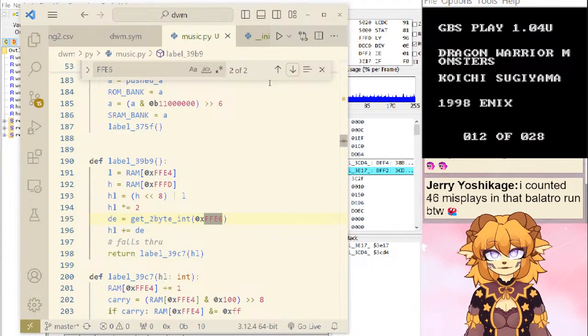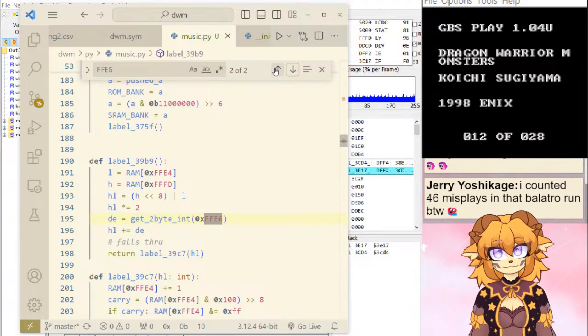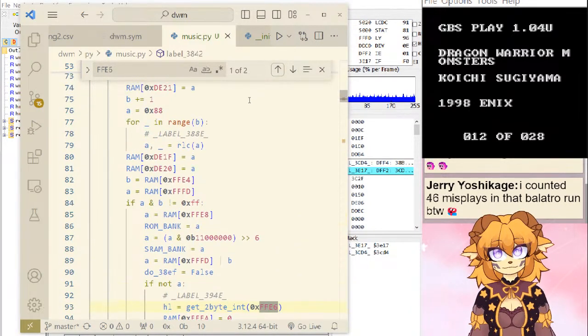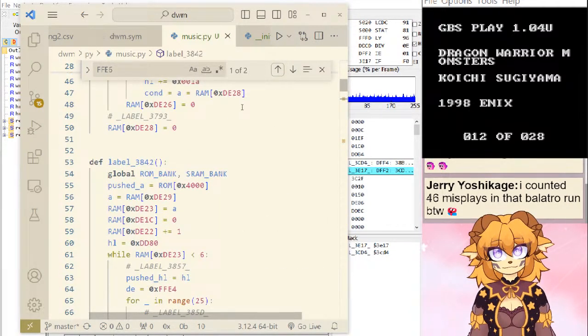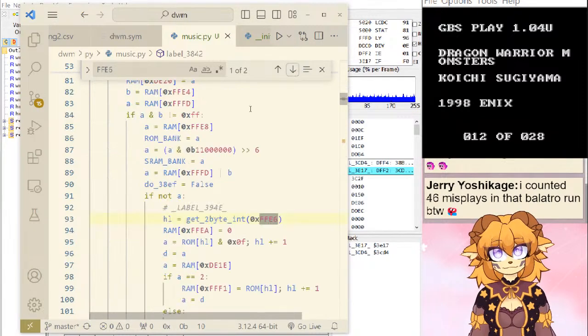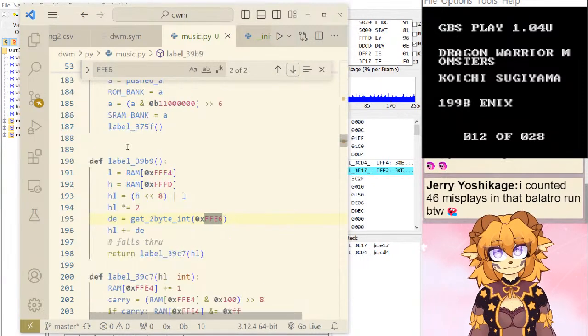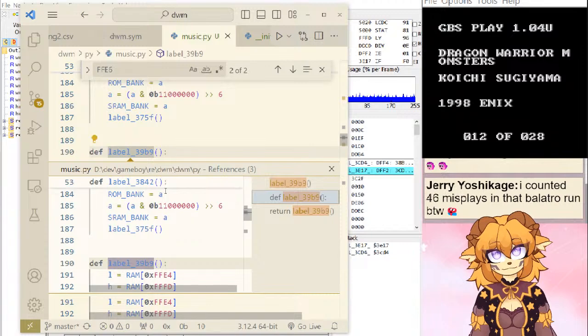Two places where we read it. What calls this? Oh yeah, nothing calls this. What calls the other one? Couple of things.